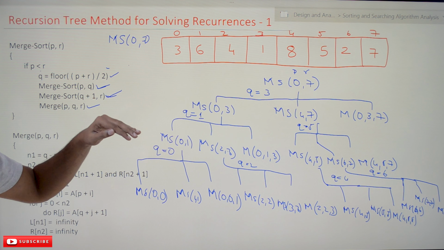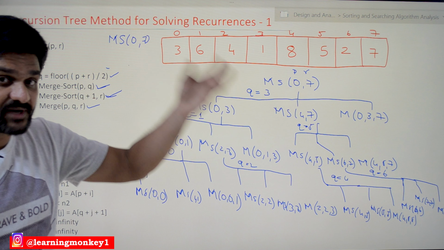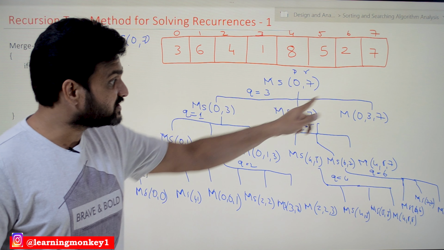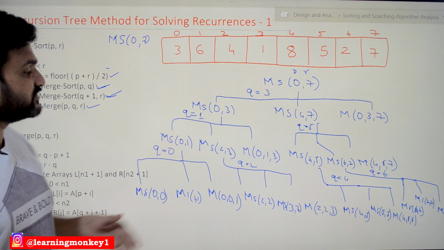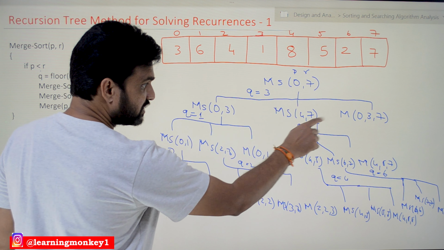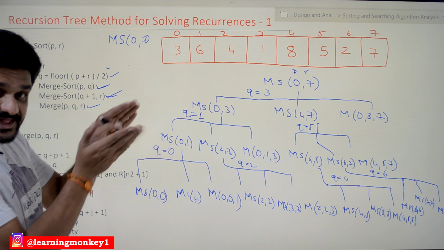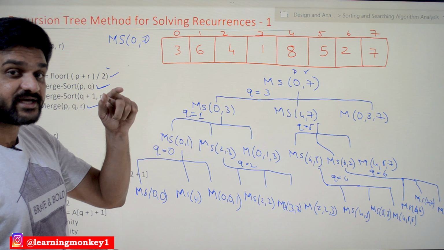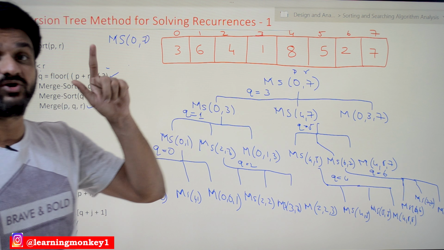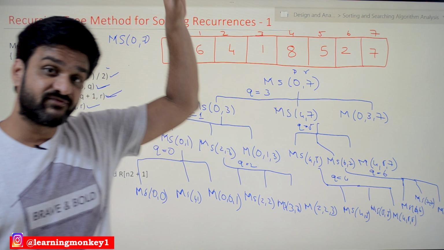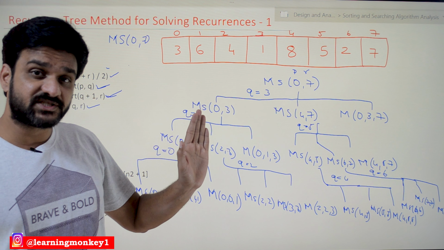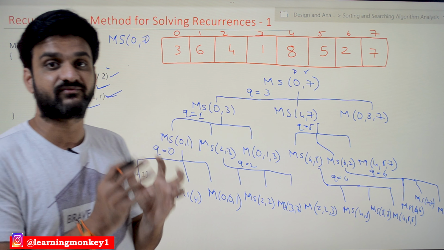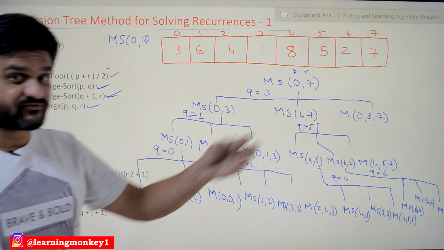Now, how are the function calls made in real time, in the sense whenever the program is getting executed? Will they be made in this way? So first ms of 0 comma 7 is called, and after that 0 comma 3 and 4 comma 7 and 0 3 7. Will the function calls execute in that way? No, it will not get executed in that way. The clear description has already been made in our data structures course. There we have seen the stack, the sequence of operations, the function calls that are made, and we have seen a big diagram, and using that we have clearly explained, which is the prerequisite for this course.